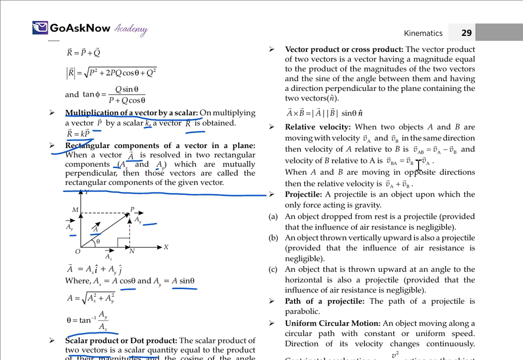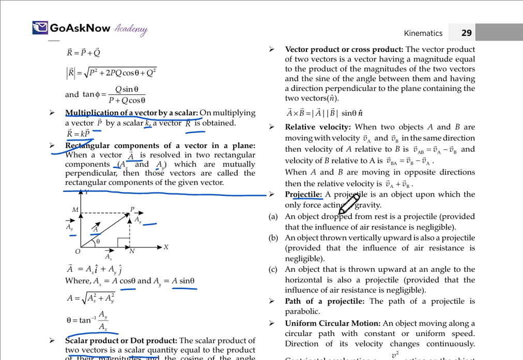Now, the vector product of two vectors in terms of X, Y and Z components. We have components X, Y and Z. So, the vector product A cross B will be equal to the determinant of the matrix with rows I, J, K, then AX, AY, AZ, then BX, BY and BZ.